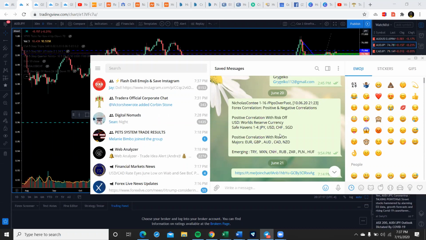So we have risk on. Everybody's feeling comfortable, feeling like putting their money to work. You're going to get Euro going strong, GBP, AUD, CAD, NZD. That's what we've been seeing the last few days. A lot of people say levels are good, and you want to identify where you want to enter the market, but this is what really controls the market. So if you ever see Euro just going heavily bullish, and you're like,